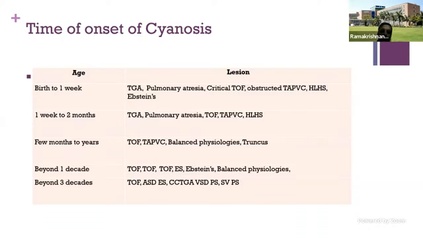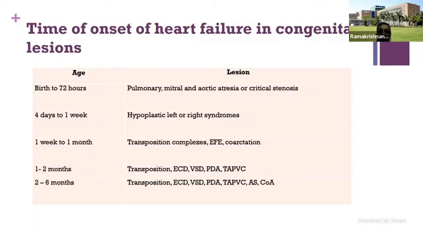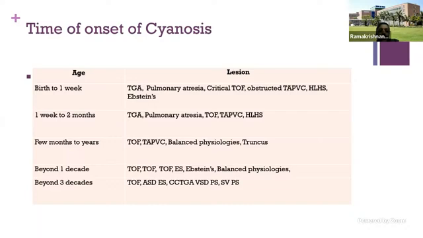Then you go back to the previous one. So there we are talking about heart failure. That is why TOF did not arise. So 1 week to 2 months, again, TGA and pulmonary atresia are the two common ones. You can have TOF and TAPVC there, and HLHS can present after a week. But beyond that, TOF is the one that